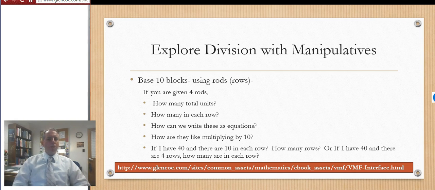But let's take a look at using our base 10 blocks and thinking about some of these pieces, like if I'm given 4 rods, well, how is that like multiplying? How is it like division? So ultimately, we're looking at that last question, right? So if I have 40 and there are 10 in each row, well, how many rows would there be? So let's take a look at what that would look like